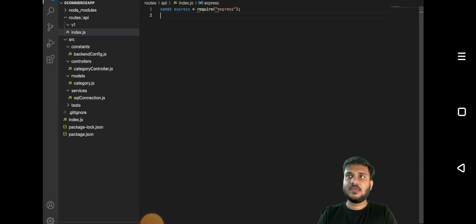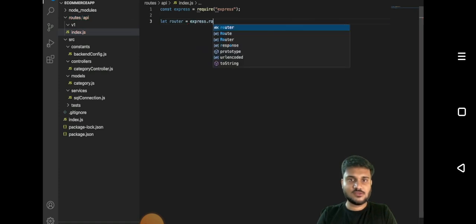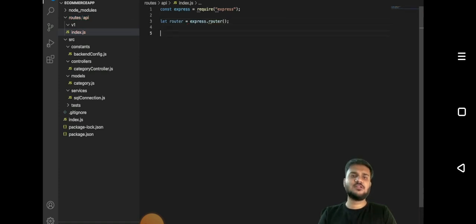So const express is equal to require express, right? And then we are going to use the express router. So let router is equal to express.Router. We'll set up the express router. This is going to help us in the whole routing mechanism. And we'll say router.use